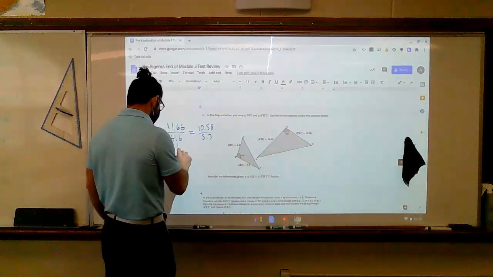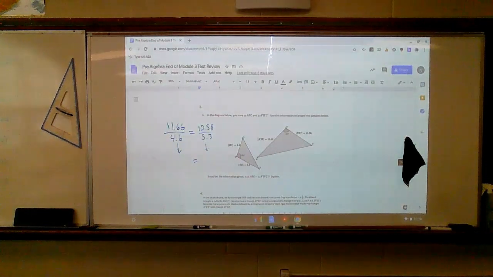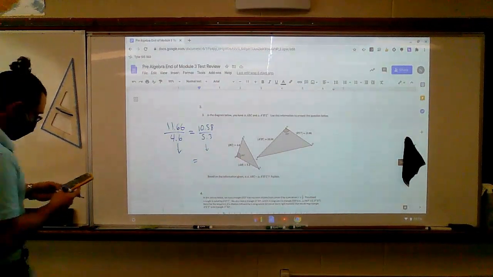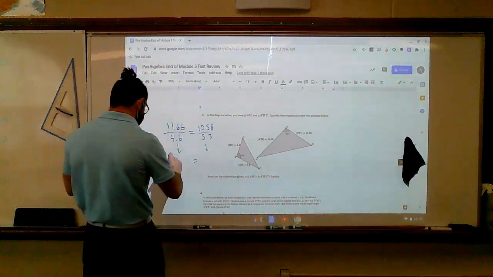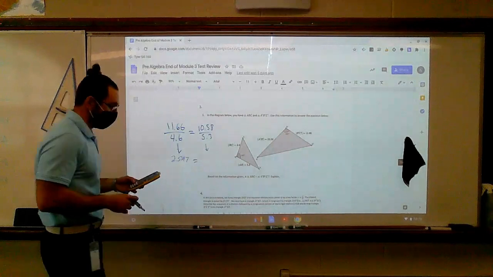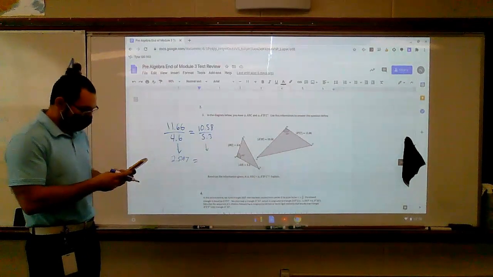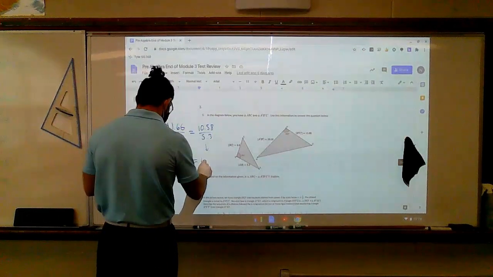So let's see. I'm going to get a calculator. And I'm going to do 11 6600ths divided by 4 6/10. And that gives me 2.5347, and it keeps on going. Then I do 10 5800ths divided by 5 3/10. And this gives me